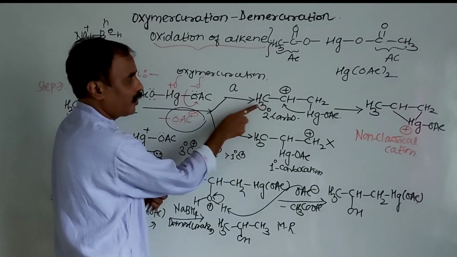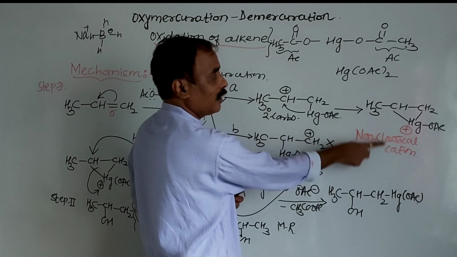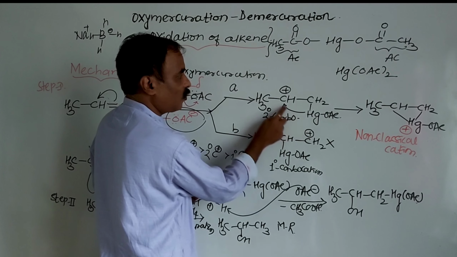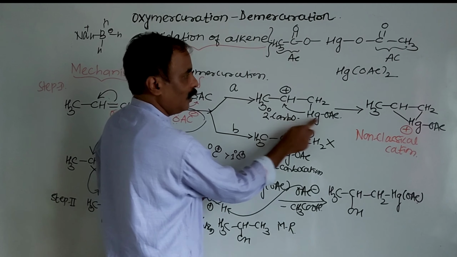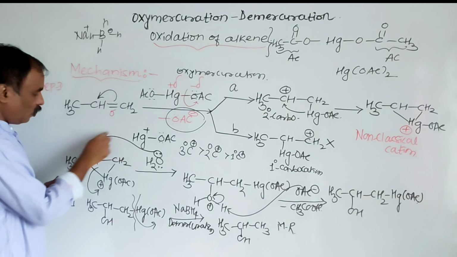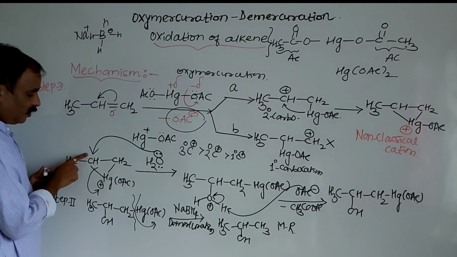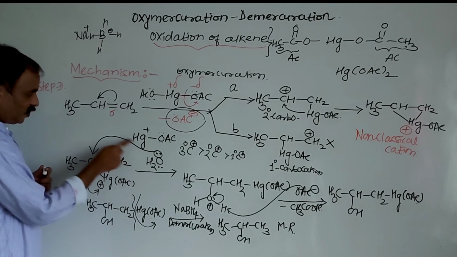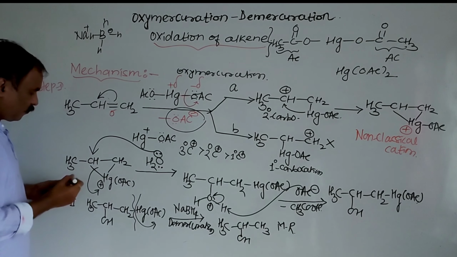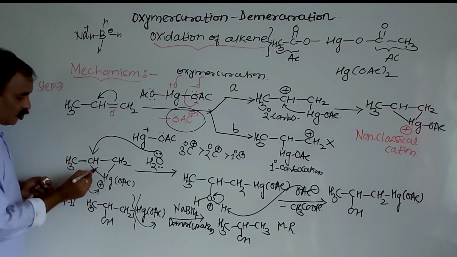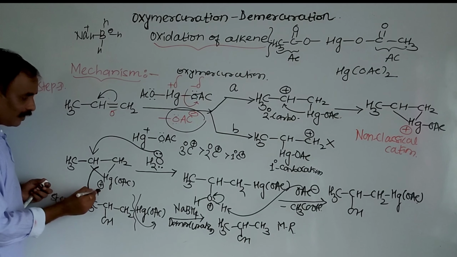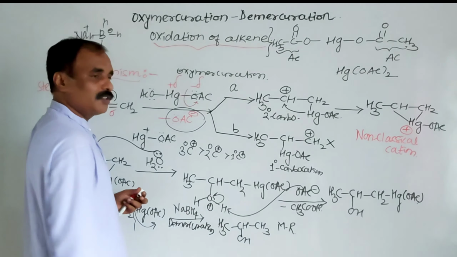Secondary carbocation is more stable than primary. So here formation of what? Non-classical cation. Because here mercury gives electrons to this carbon and a formation of new bond here. Mercury will acquire positive charge here. Then attack of water. So here attack of water on the non-terminal olefinic carbon atom. Because here formation of new bond, valency of this carbon will be 1, 2, hydrogen 3, 4 and this new bond 5. So breaking of this bond and shifting of electrons like this. And the intermediate will be like this.